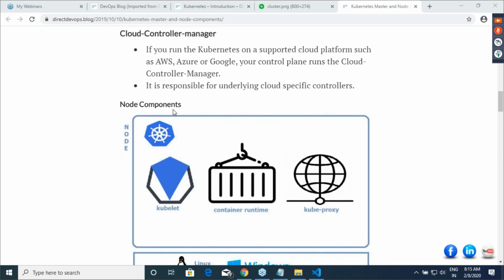Okay, so when you have said that your actual state is not equal to desired state, then what should happen? Your scheduler has a responsibility now. It has to start something new. So scheduler will pick it up. So all of these components will be always in touch with ETCD. Always in touch with ETCD.